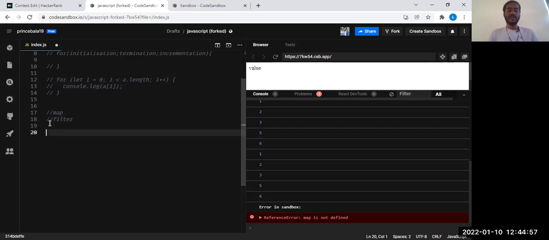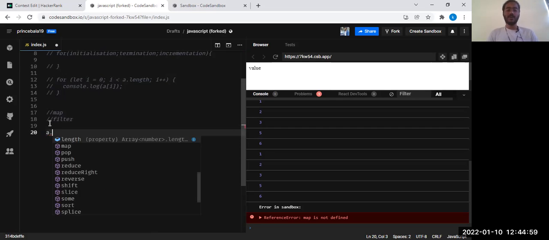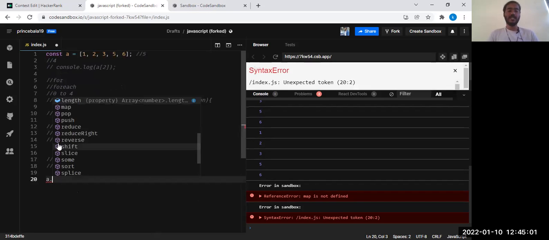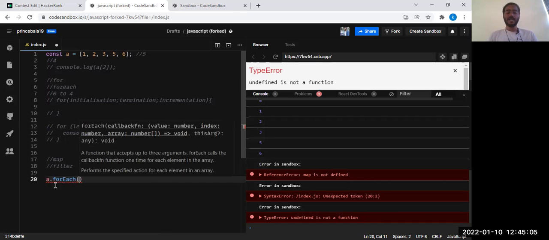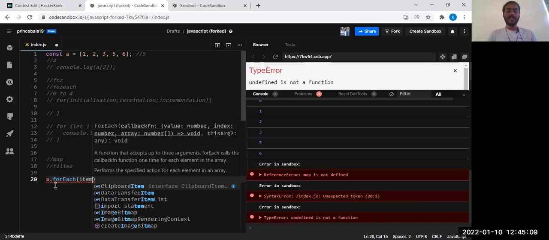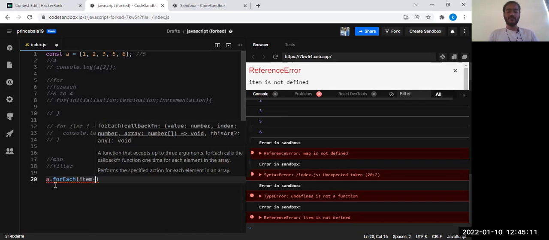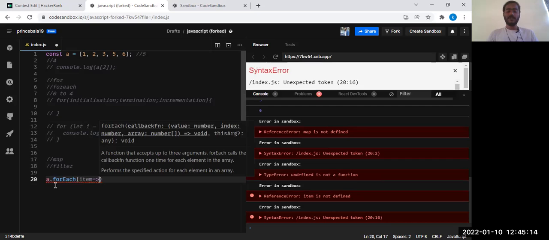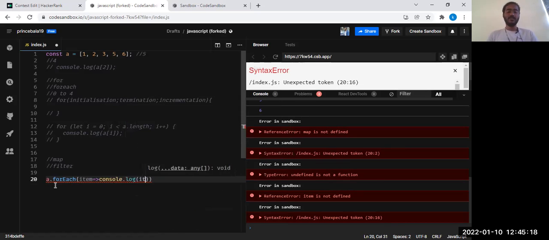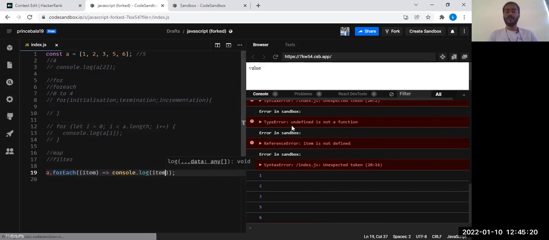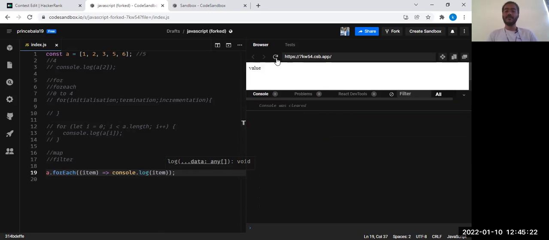So now how to iterate? Just you have to use this a dot. The a is nothing but the array which we have declared. So a dot, you have to use this forEach. So open and close parenthesis. Then you can give any name over here. I'm just giving it as item. Okay. And you have to use this arrow symbol, and you can just straight away console.log the item. So here you don't need any index based operation, because that is going to straight away print the item in the array, which means the value in the array.